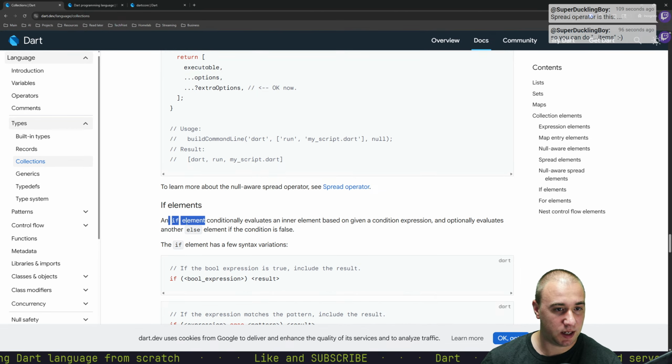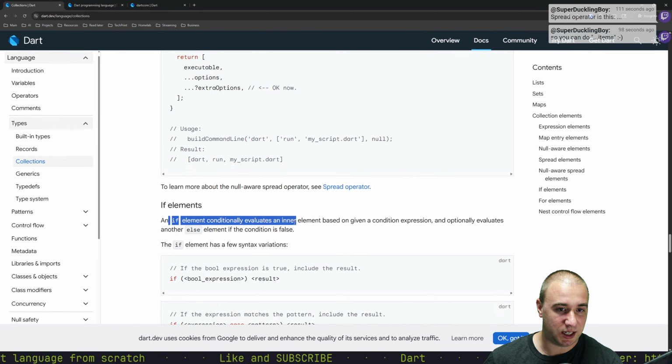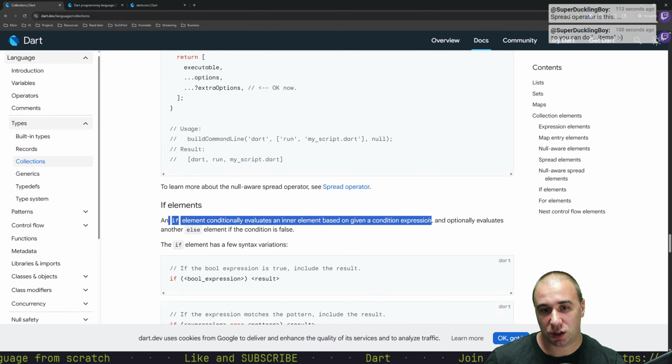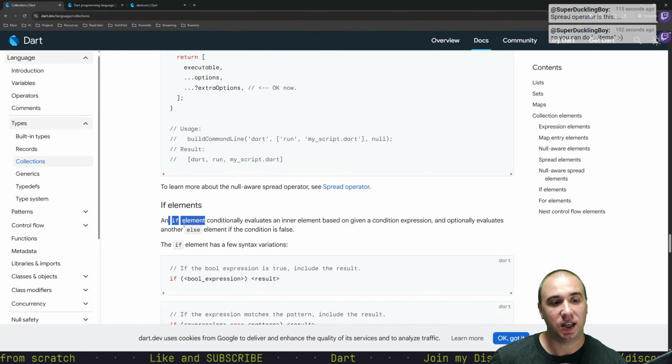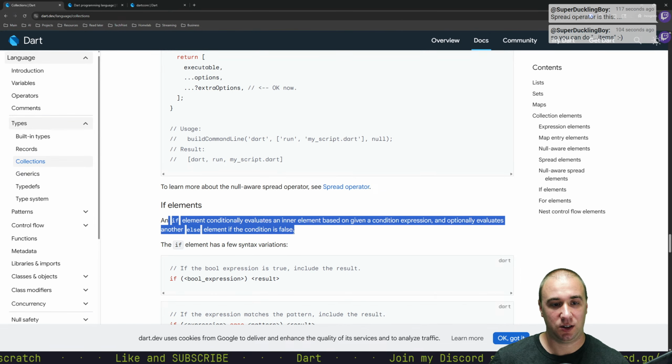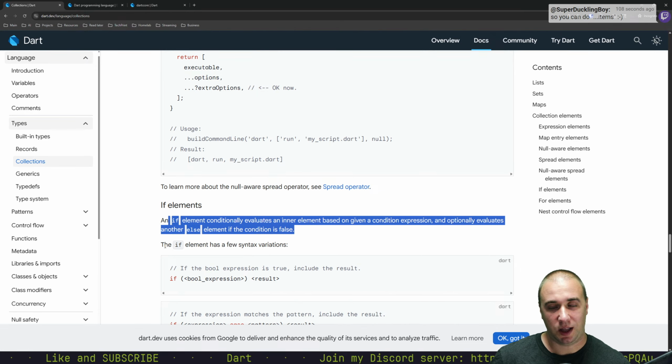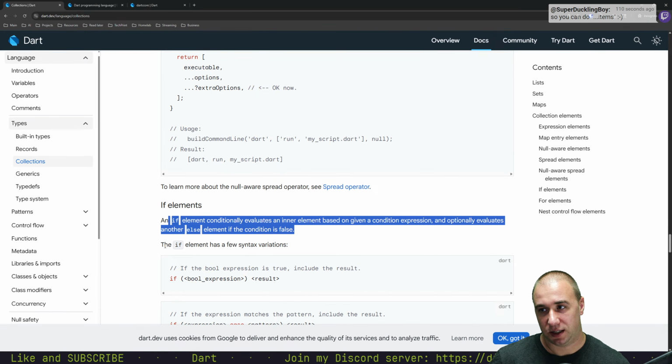So if elements. An if element conditionally evaluates an inner element based on a given condition expression and optionally evaluates another else element if the condition is false. So I mean this is kind of like